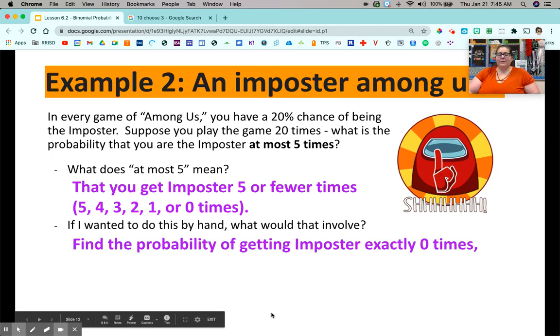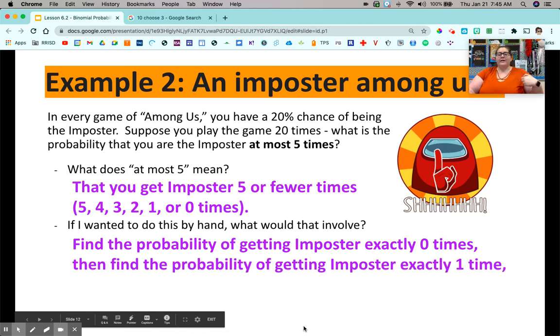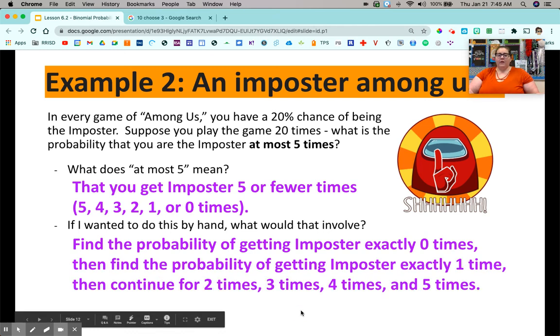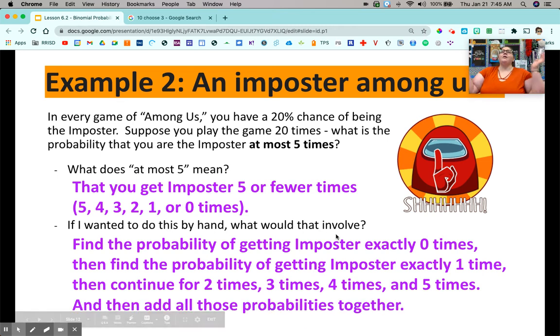I would first have to find the probability of getting imposter exactly 0 times, the probability of getting imposter exactly 1 time, and then 2 times, and then 3 times, and then 4 times, and then 5 times, and then I would add all those probabilities together. And I can use my calculator shortcut, that Binomial PDF that I just talked about, but even then, I would